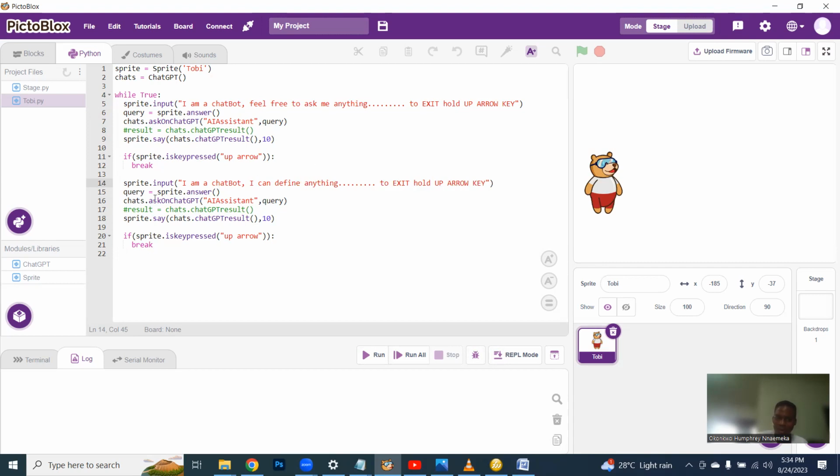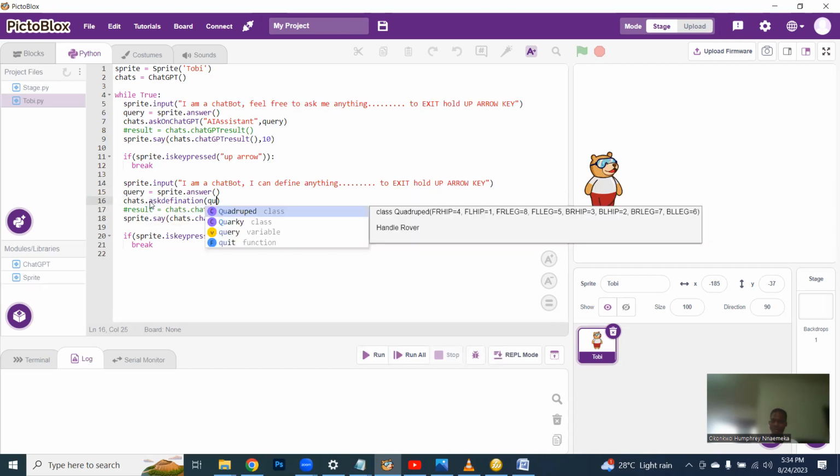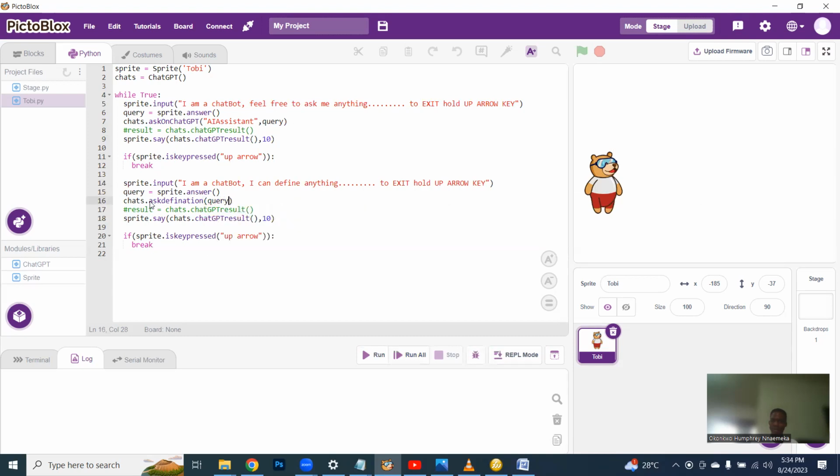So what will happen here now, instead of having this ask ChatGPT, I will remove this and simply tell it chat.ask definition. What's just the query? And that is all. And with this simple command, this application will equally be waiting for you to give it whatever parameter you want to give,